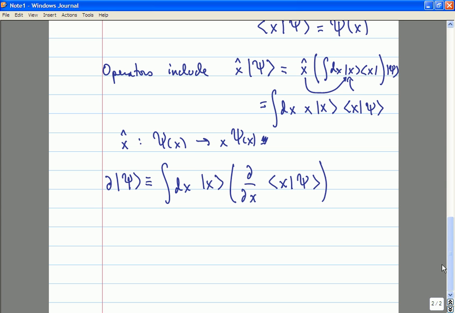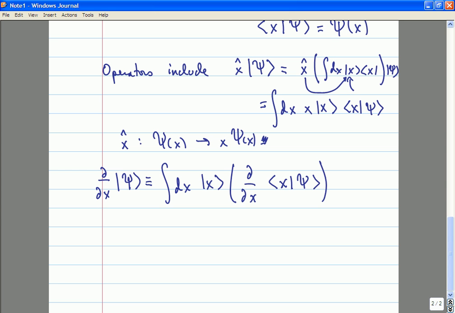Yes? The derivative operator is the derivative with respect to x, right? That's correct. Okay, but should we put del x or... Yeah, if you wanted to be very precise, I could write this as d by dx. So far, I'm considering just a particle moving in one dimension x, so there's only one possible derivative I could define. I don't have to worry about d by dy or d by dz. So I'm using a sort of abbreviated notation where I was leaving out a lot of the details. But yes, if you wanted to be precise, you could call it d by dx.